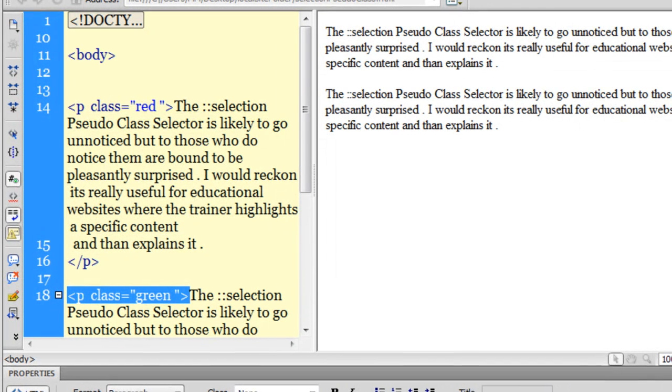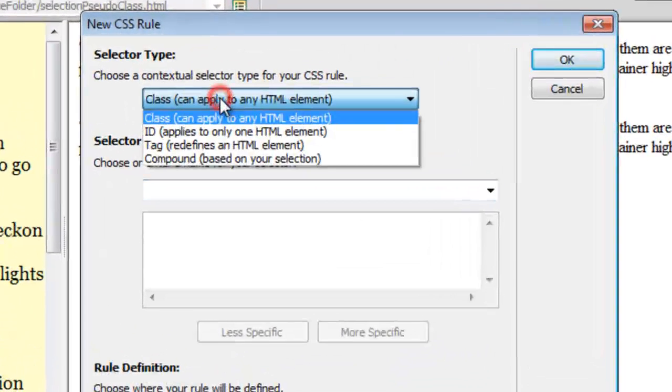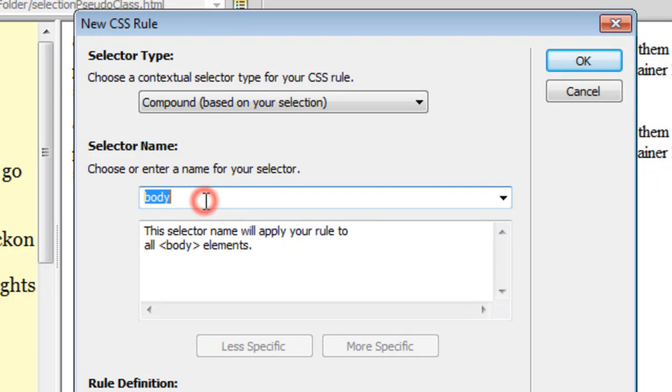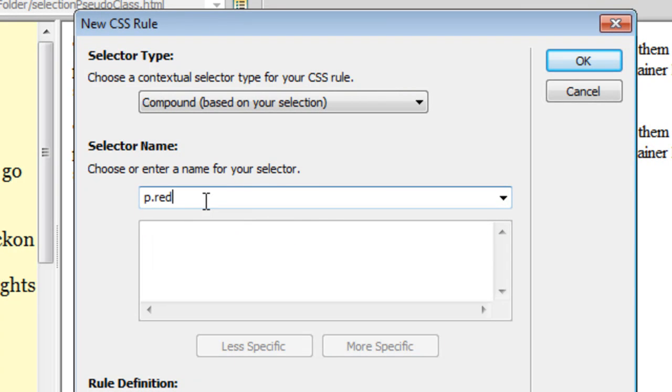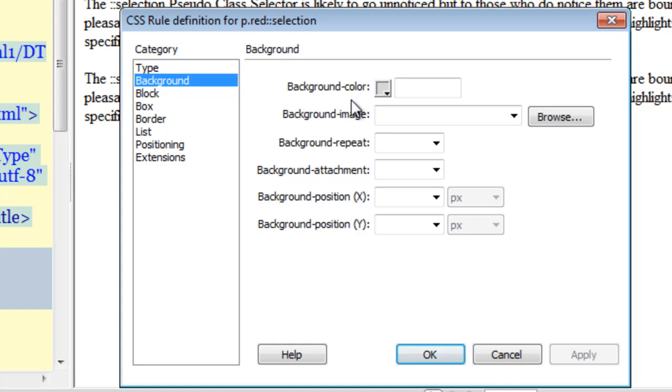Things will become clear when I make a new CSS rule. So let me click on the new CSS rule button, drop down the contextual selector to a compound, and then let me type p dot red. So basically I'm telling that I'm targeting all the paragraphs that use the class red, and then I'm going to use the colon character twice, and then I'm going to say selection. Okay, and let me then say OK, and go to the background section,